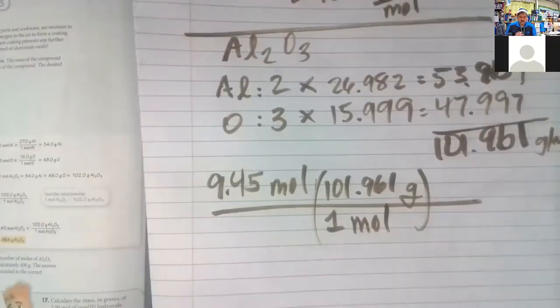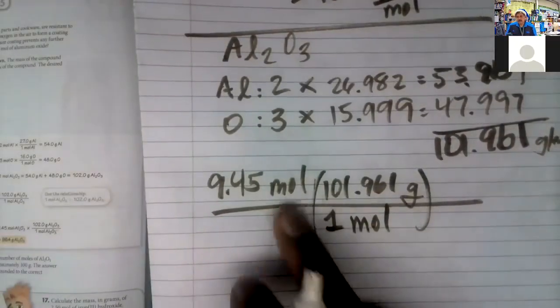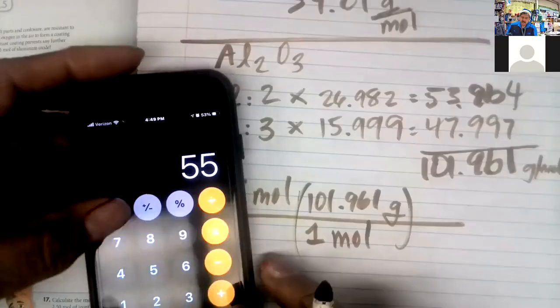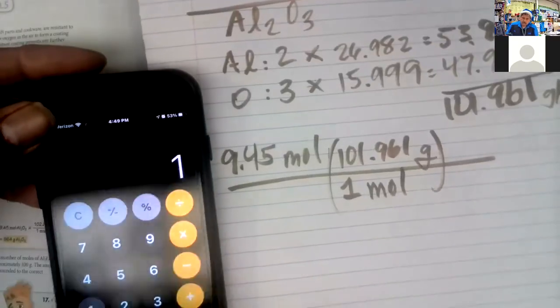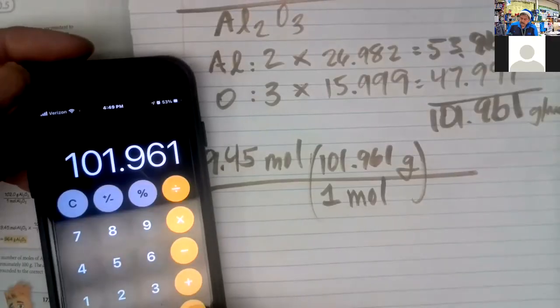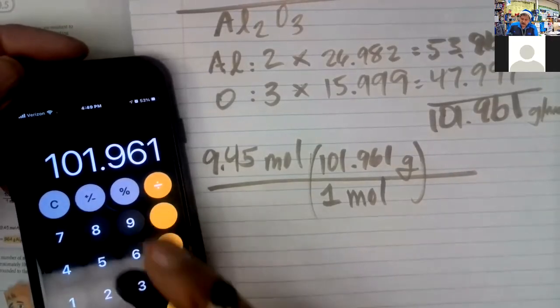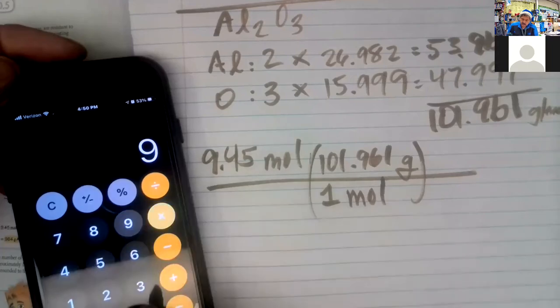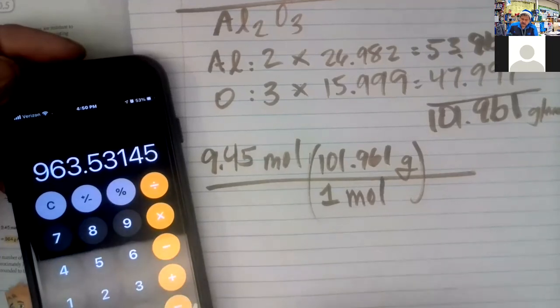And the question is, what is the mass in grams of this many moles? So I'm going to take that 101.961. And remember, you want to round off at the end, times 9.45 equals